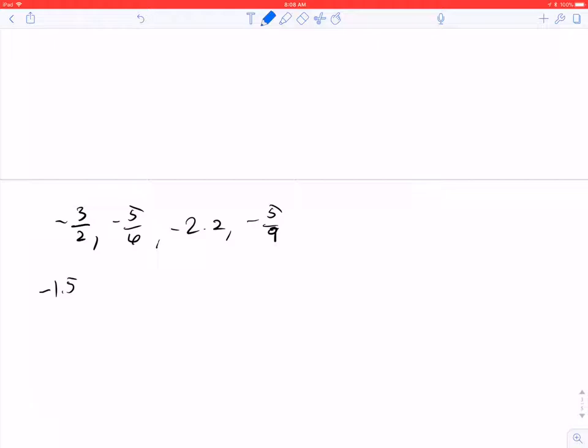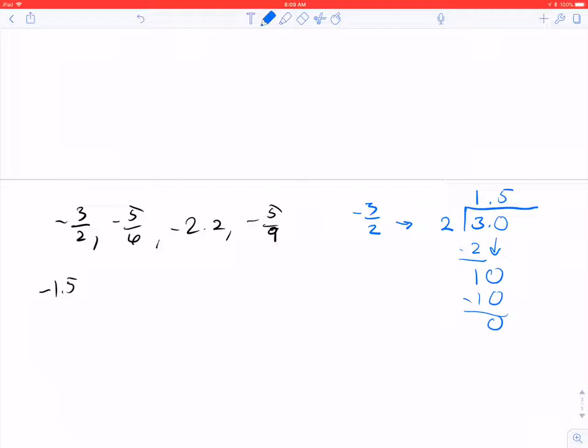So say we wanted to turn negative 3 over 2 to a decimal, okay? So we're dividing the 2 into the 3, 2 into 3, right? The decimal is here. How many 2's are in 3? Well, there's 1 two in 3. 1 times 2 is 2, and then we subtract, we get a 1, okay? Notice the 1 is smaller than the 2, so we're in the clear. We add a 0 and bring it down. How many 2's are in 10? Well, there are 5. 5 times 2 is 10, subtract, and your remainder is 0, okay? Since the original was negative, our result is negative, so that's how we get the negative 1.5,